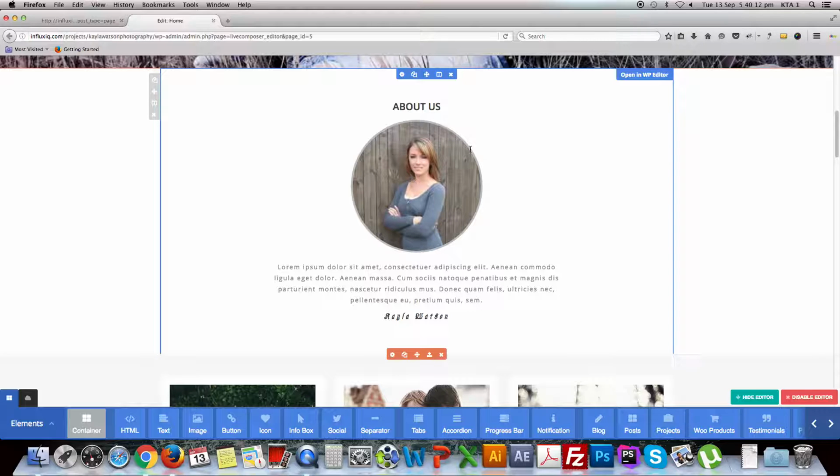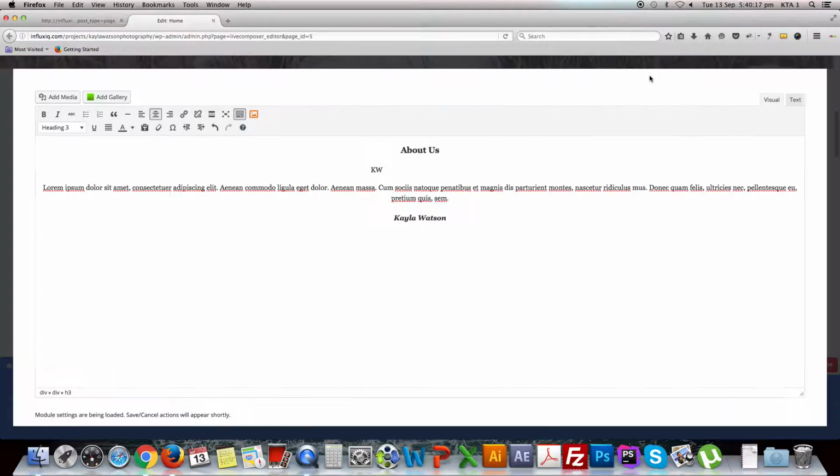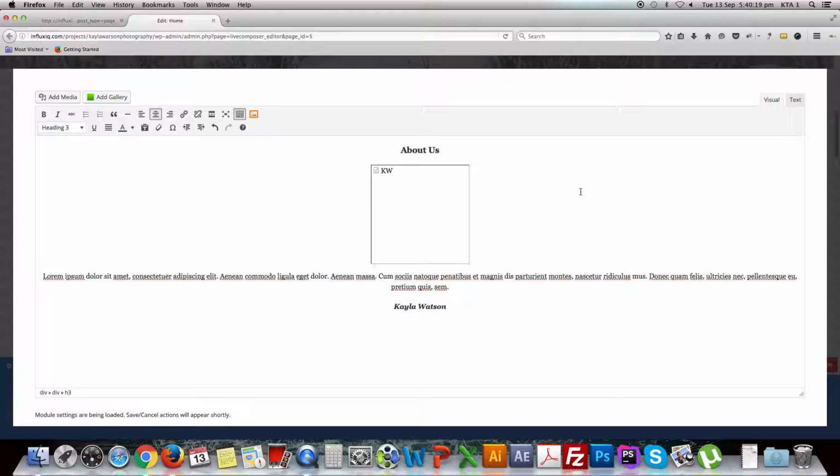You can also edit the text of this area by clicking open in WP editor, and you can edit the about us text from here.